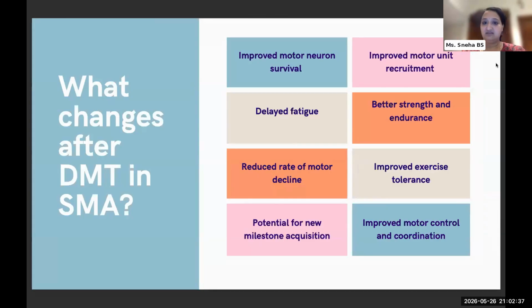So after DMT, improved motor neuron survival happens. The amount of denervation is preserved. The whole degeneration process is arrested, so there's no further deterioration. There is improved motor unit recruitment. The fatigue that used to happen now is delayed, right? It's not going away, but it's delayed. There's better strength and endurance. You can see the milestones the children start to achieve, reduced rate of motor decline, and improved exercise tolerance